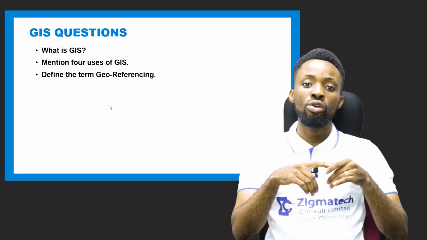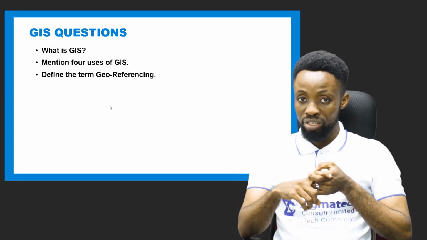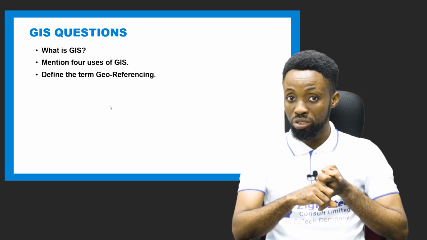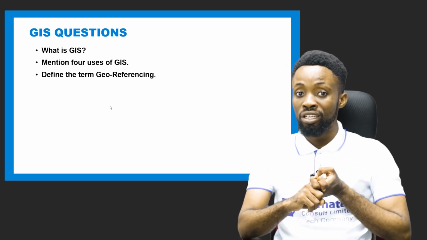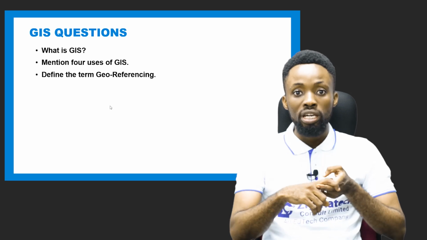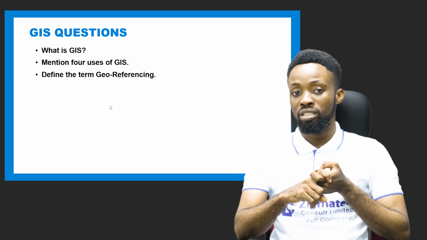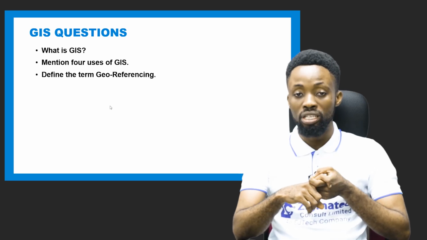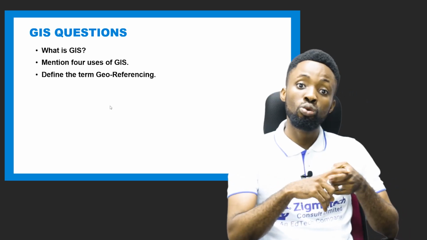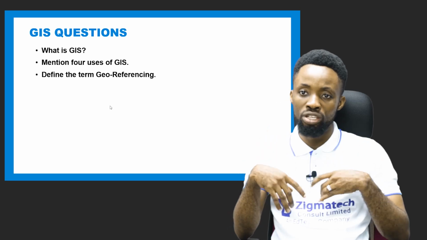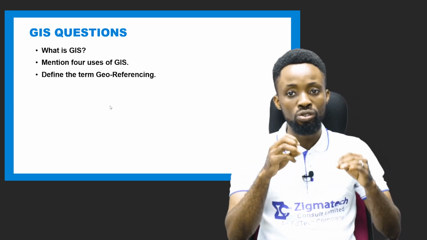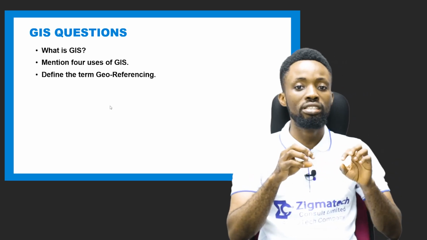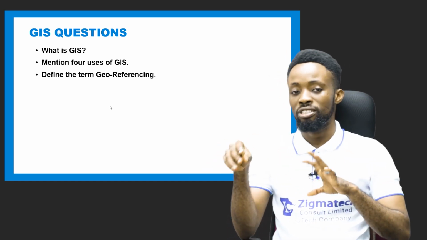So what are the uses of GIS? Like I said, we use it for disaster mapping. GIS is used for social media integration. GIS is used by the government to make decisions. We use GIS in the banking and insurance sector for planning and decision making. GIS is also used to describe the Earth geographically. So these are some uses of GIS.